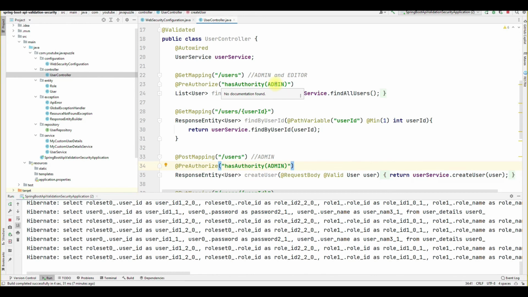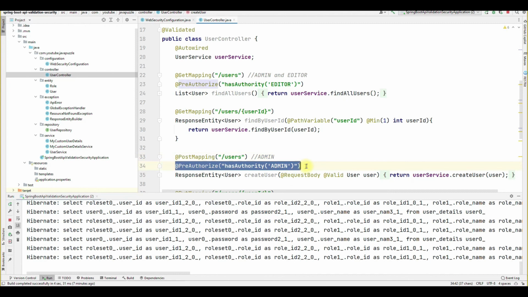Firstly, let me check with the editor only.